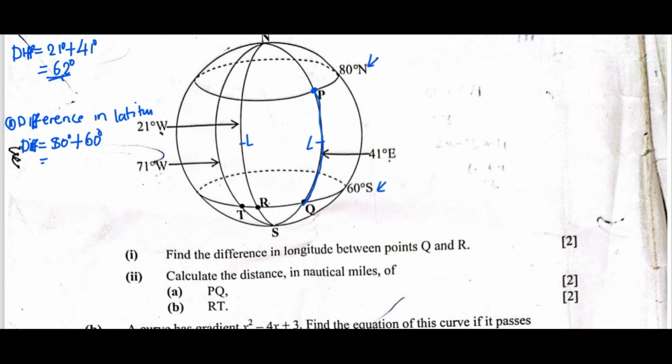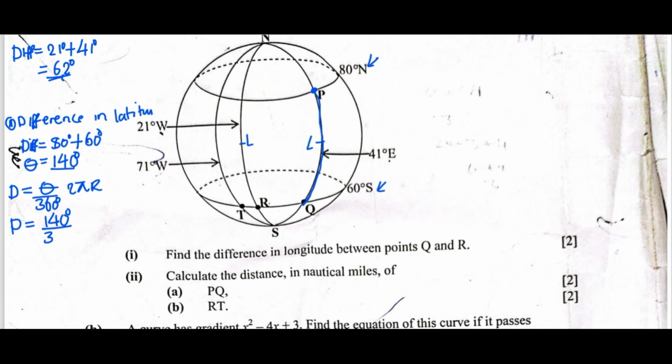So if we add 60 plus 80 it will give us 140. Now after we are done finding the theta, we can now look at the formula. So the formula is distance is equal to theta divided by 360 times 2 pi r. So what is our theta? It is 140